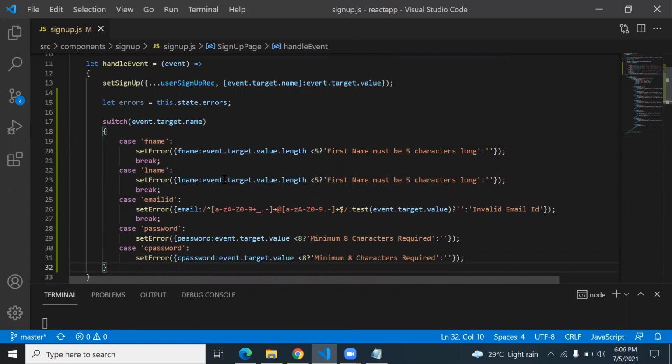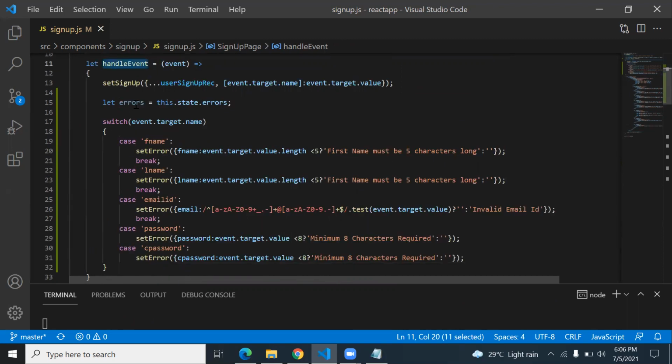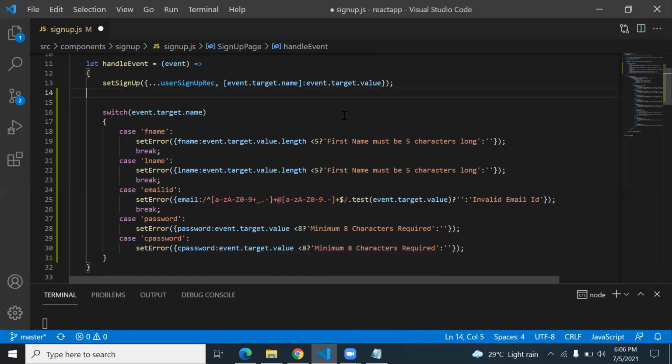I have just set up the values for the error. Now how to show this to the user if there is an error? To show the user this as an error, we can print it in the console. So handleEvent is a function, and here you actually set the error in the state.